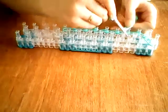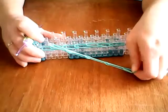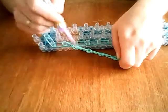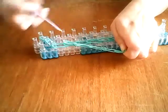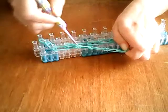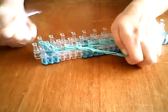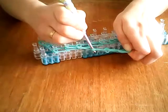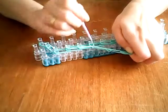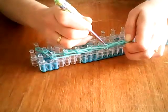Just going to stretch it over, place it on, and then holding it at the bottom, you're going to stretch it out, and you should be able to see these little circles in your bands. Taking your hook or your fingers, whatever's easiest. I find it easier to come from underneath. Just hook it over the next pin, and you're just going to work your way along, getting the next little circle around your hook and putting it onto the next pin. You're just working your way down, adding this on,